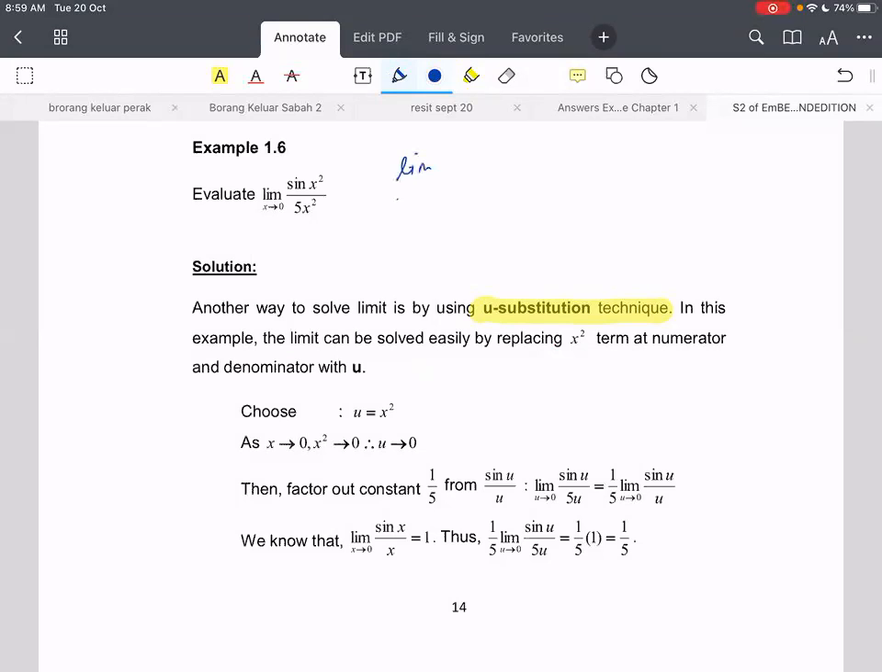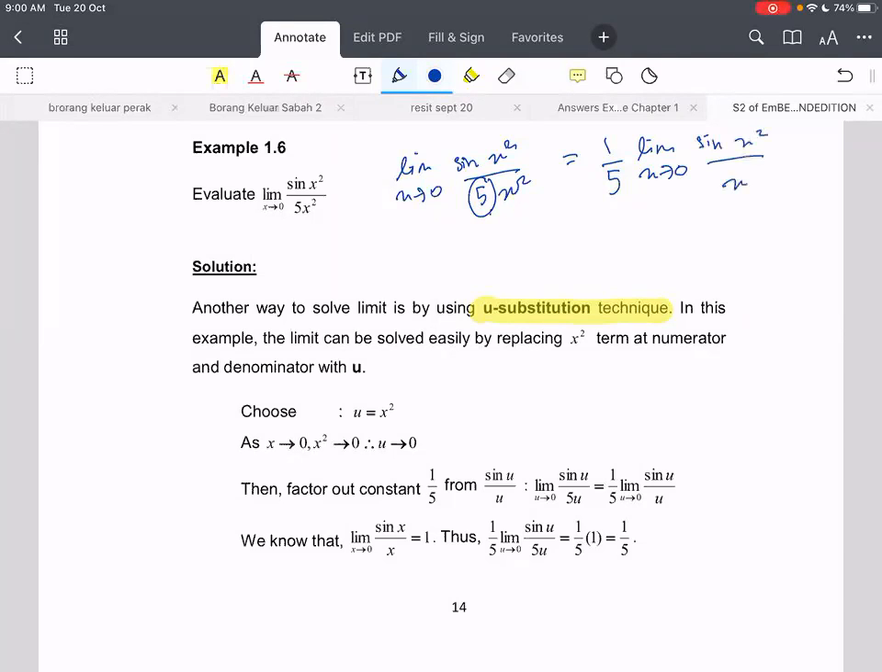So we have the limit as x approaches 0 of sine x squared over 5x squared. We have 5 here, and 5 is a constant. So according to the limit property, you can take it out of the limit. You can write it like this: 1 over 5 times the limit as x approaches 0 for sine x